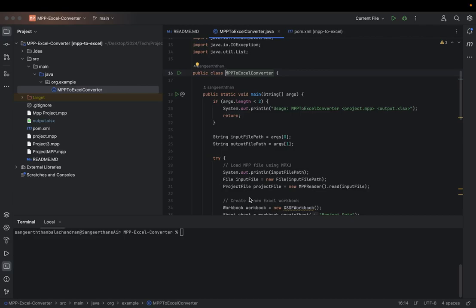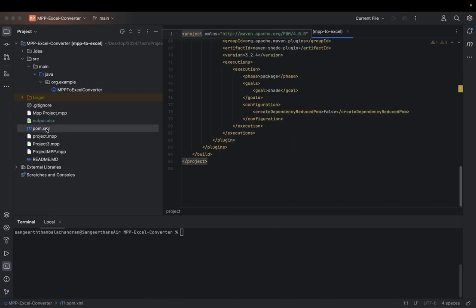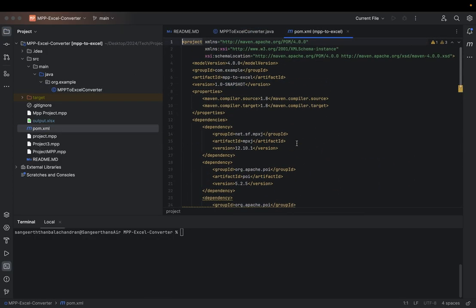Today we are going to look at a way to convert Microsoft Project documents to Excel formats in Java. Okay, so I will first show the dependencies and the libraries needed for this one. So we are going to create a Maven project. So in the Maven project we need